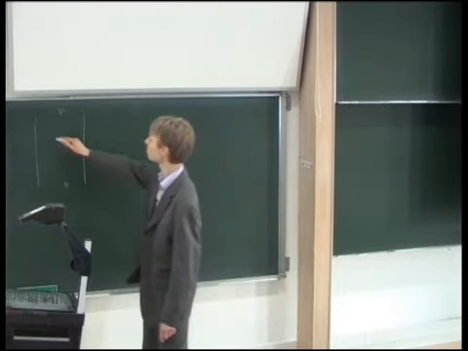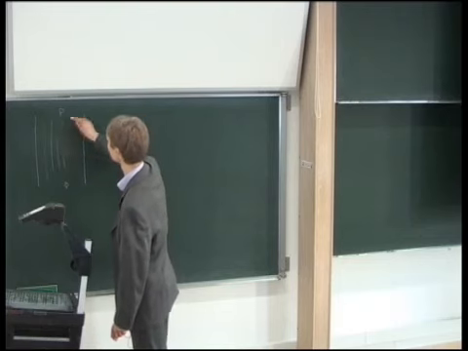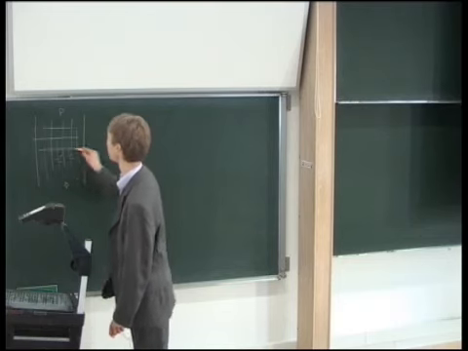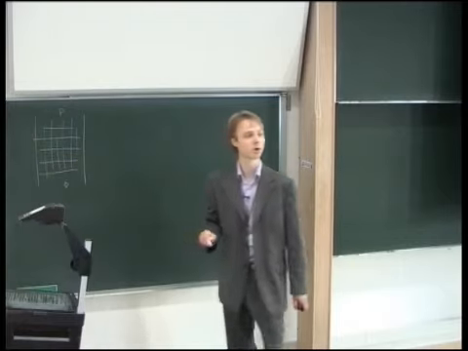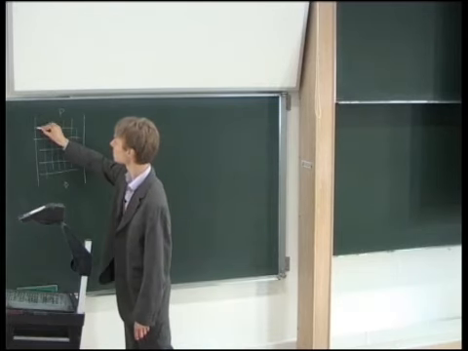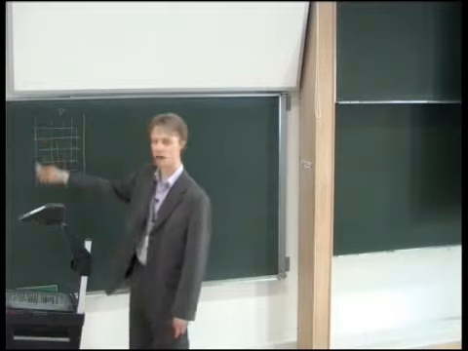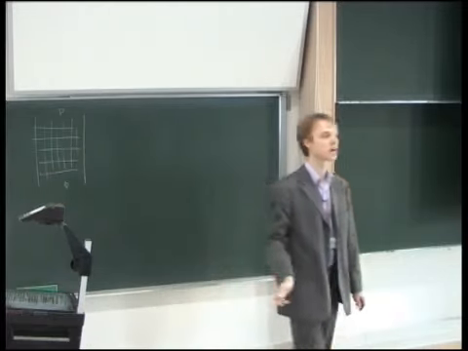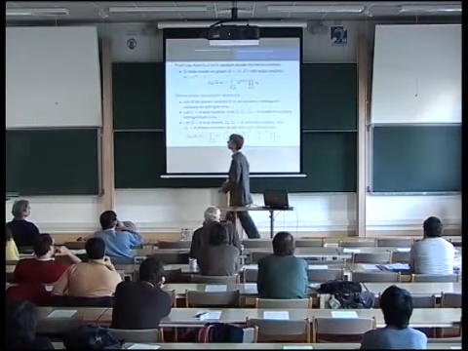And so I have some graph in here. Might be a portion of the square lattice, it might be something more complicated. But the main idea is that some of the vertices reside on the left boundary and some vertices reside on the right boundary. So I'm going to distinguish those,